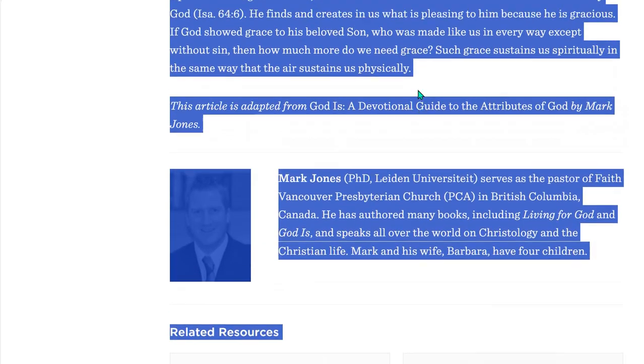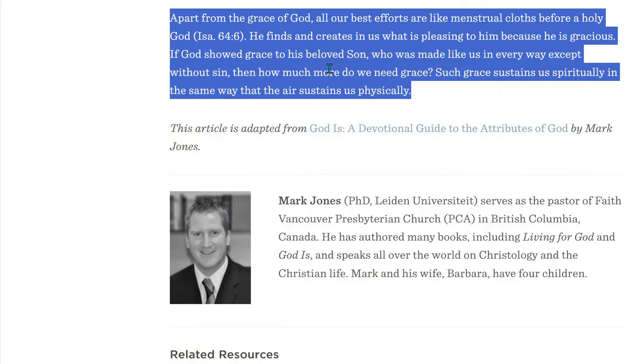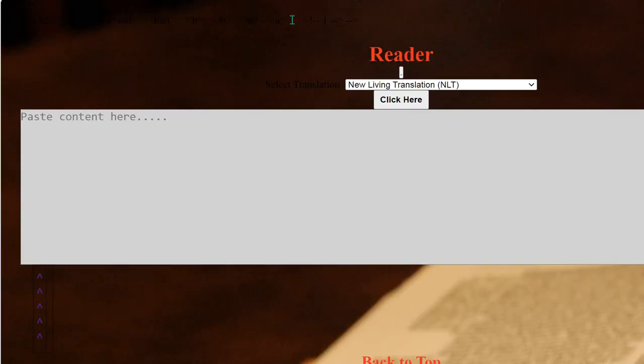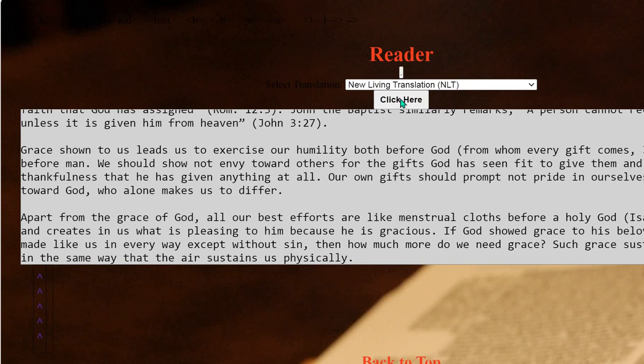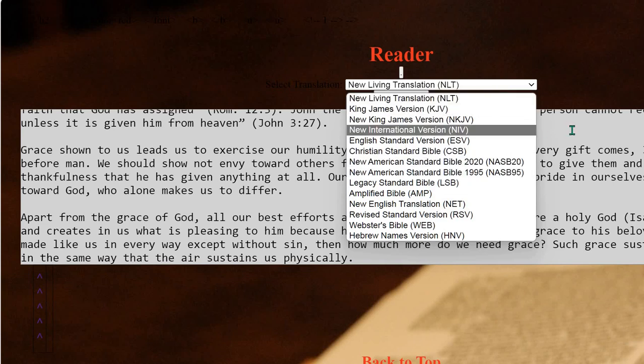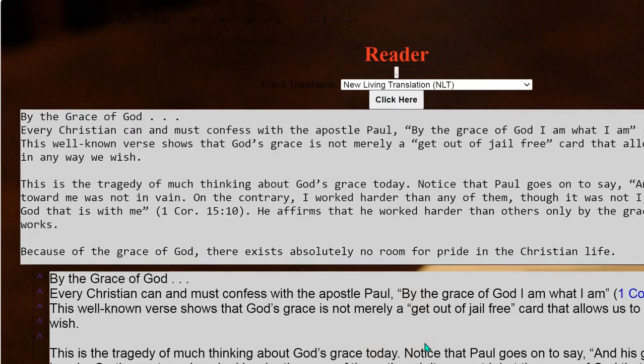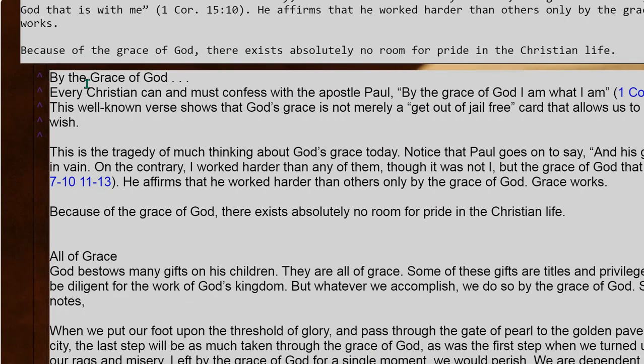come back here, and then copy that, Control C, copy, and then go to this article reader, put it in there, and choose the translation you'd like to read the verses in, and then click here. And there you see it comes up here. Now you can read this,